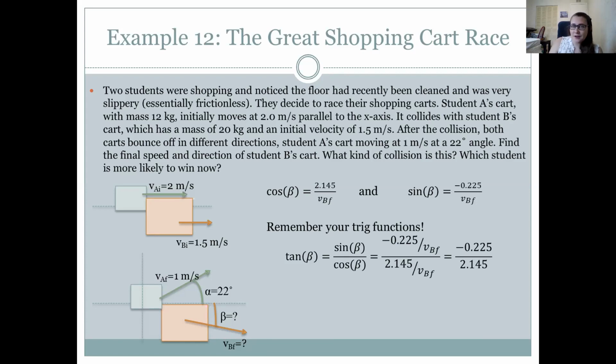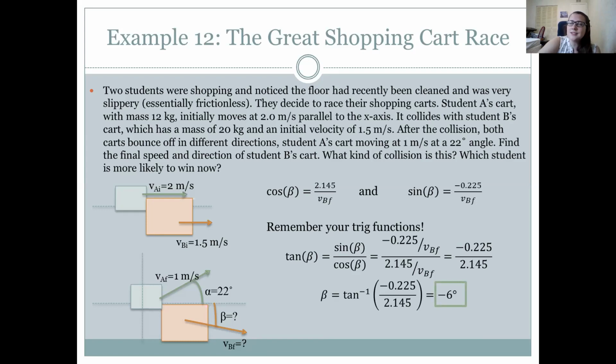Well, we know the sine of our angle beta is negative 0.225 over VBF, and the cosine of beta is 2.145 over VBF. So we can simplify that fraction. There's a VBF on both the top and the bottom, and those will cancel each other out. So we're left with the tangent of beta equals negative 0.225 divided by 2.145. So to find beta, we'll take the inverse tangent of that fraction, and we'll get an angle of negative 6